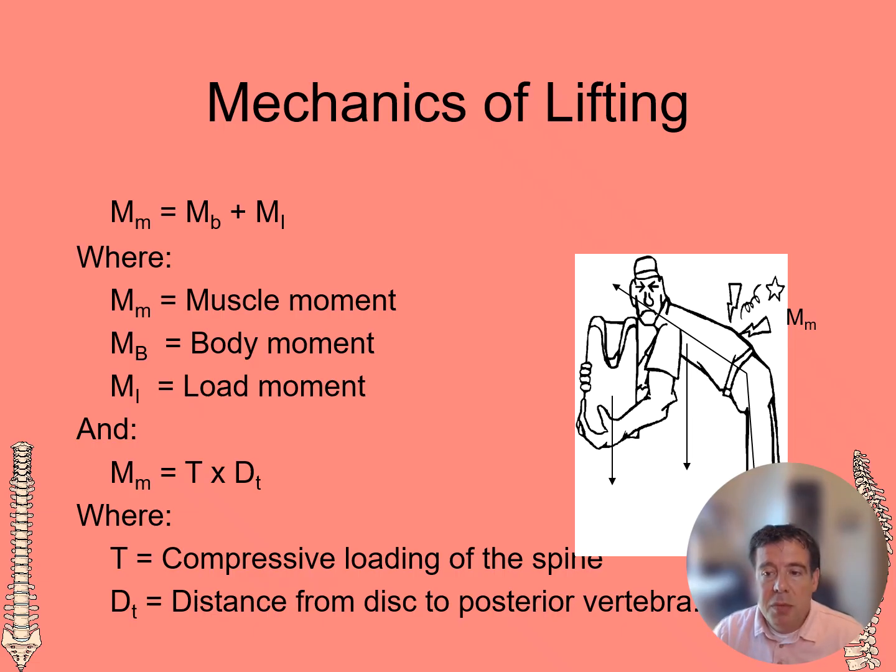And then we've got the muscle movement, which is the back muscles keeping them either static or contracting those muscles to go upright. And so what happens is we get compression forces to the spine. And then we look at the distance from where that pivot joint is. In this example it's the L5S1 joint to the distance of that load. So that's the D1. Those are the mechanics that we need to consider for the body when it comes to carrying a load.